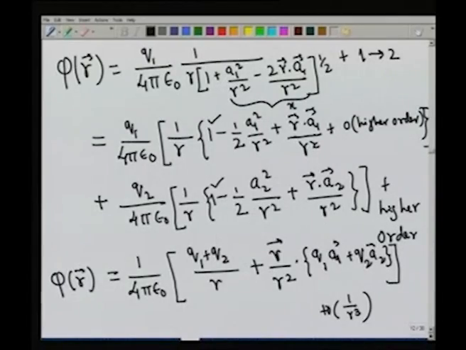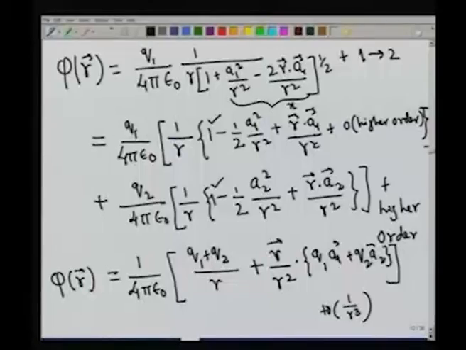So if you have a collection of two charges which are given with position vectors A1 and A2, and if I am interested in the value of the potential far away, the leading order contribution is Q1 plus Q2 by R. That is the famous monopole term. It is as if both the charges were situated at the origin and they produce the usual field Q by R, where Q is Q1 plus Q2. The second term is indeed more interesting. What you get is a correction given by the position vectors of A1, A2 weighted by the charges Q1 and Q2. So let us study both these situations independently.